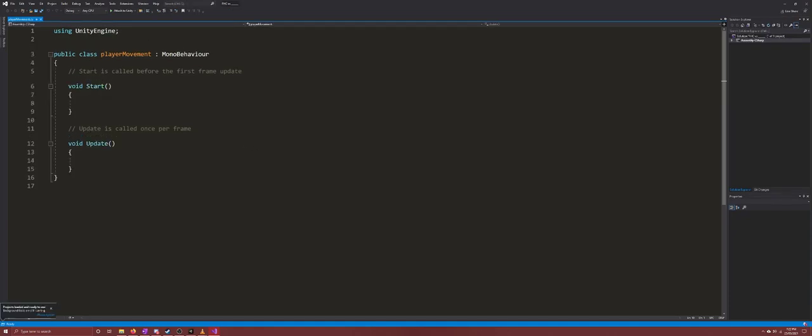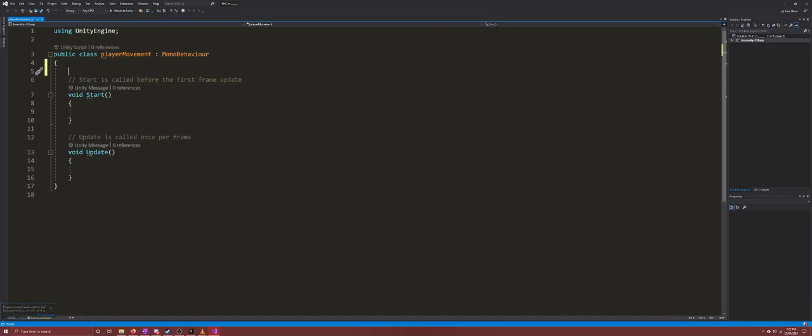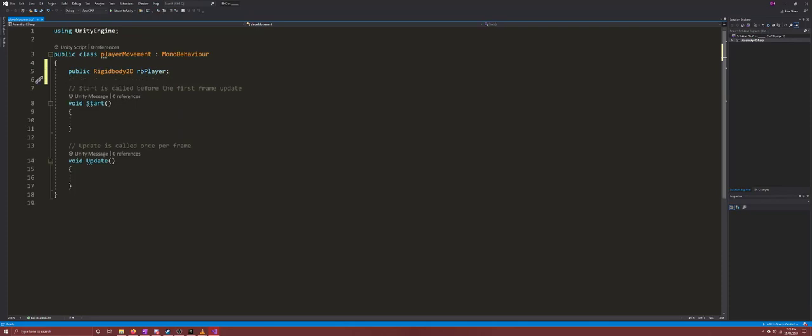Now the first step for movement is you need to create a couple of variables. The first variable you want to create is a public Rigidbody. We're doing 2D, so it's a Rigidbody2D, and we're going to call that rbPlayer. This is just a variable that we're going to store the rigid body of the player in. You want to make a public float, and let's call it